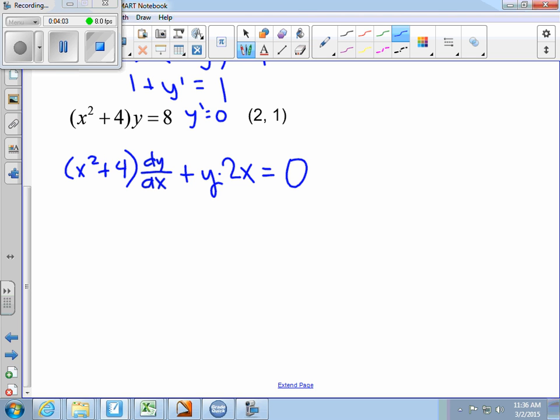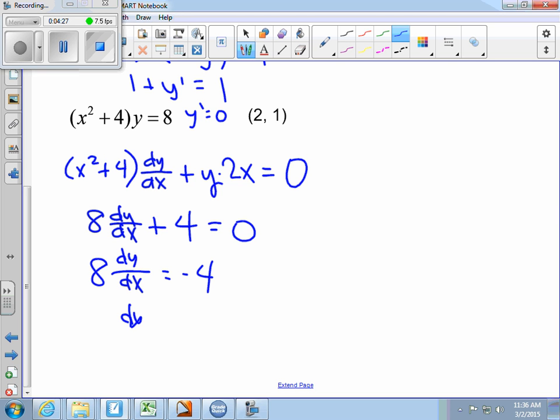It's x squared times y. So I'm going to put 2 in for x and 1 in for y. So I get 8. 2 times 2 is 4. 4 times 1 is still 4. So my equation of my tangent line